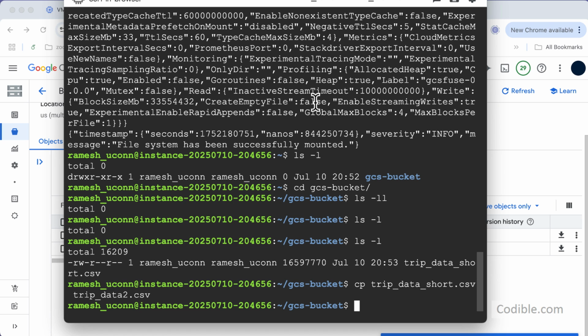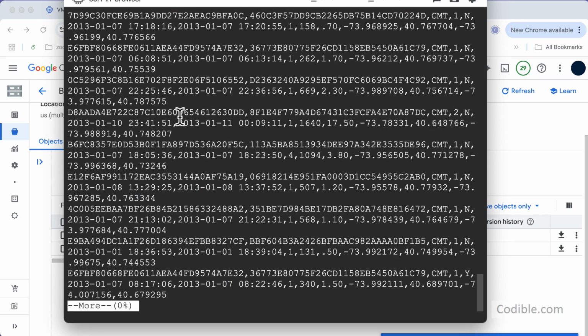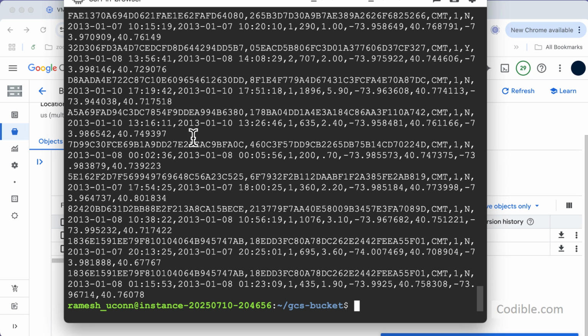And now you can look at what's inside these files. You can say more tripdata2.csv. You can do that and you can see what's inside these files, and so on. Okay, so